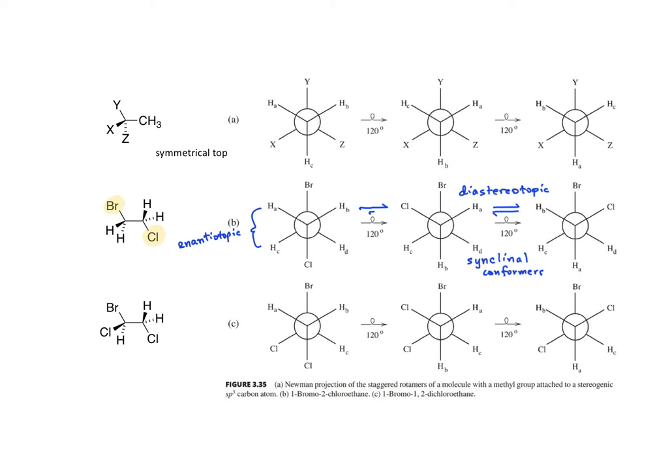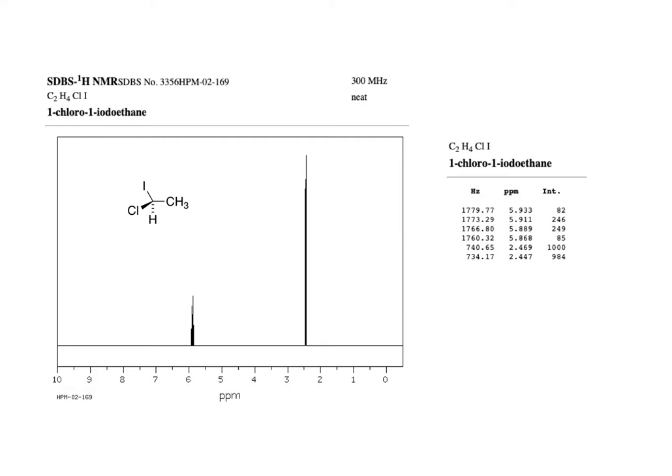If we now add another substituent that makes this into a chiral compound, now the methylene hydrogens are diastereotopic in all conformations. I'll show two proton NMR spectra that exemplify this. The first being 1-chloro-1-iodoethane, which is a chiral compound,